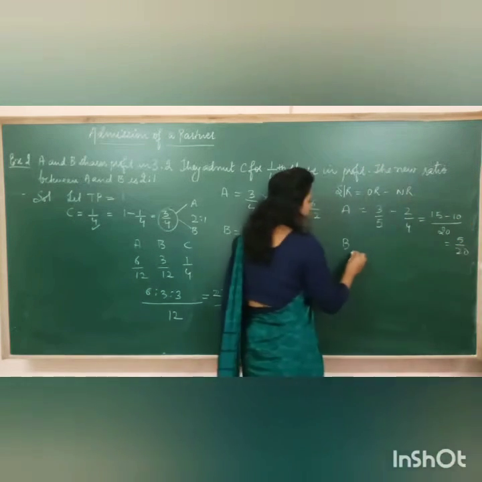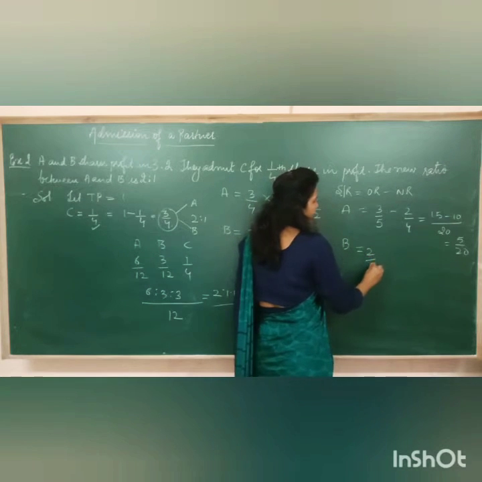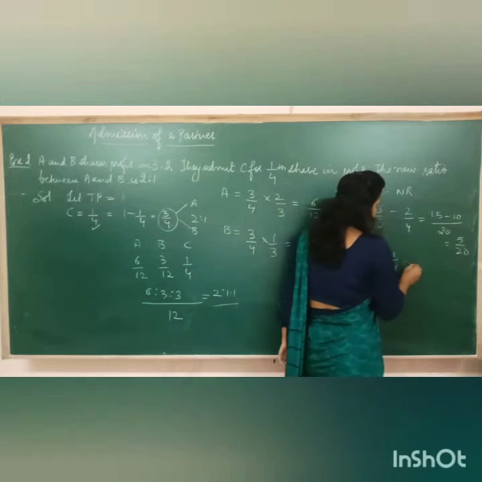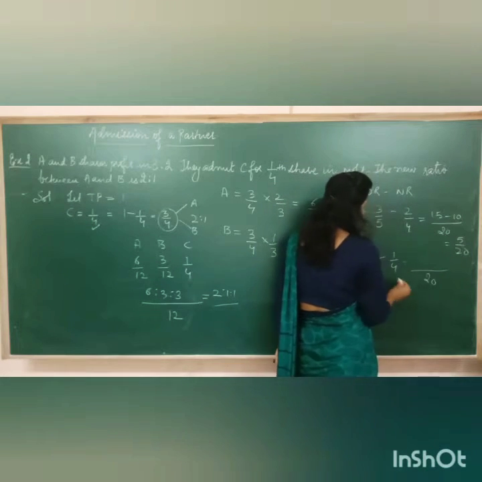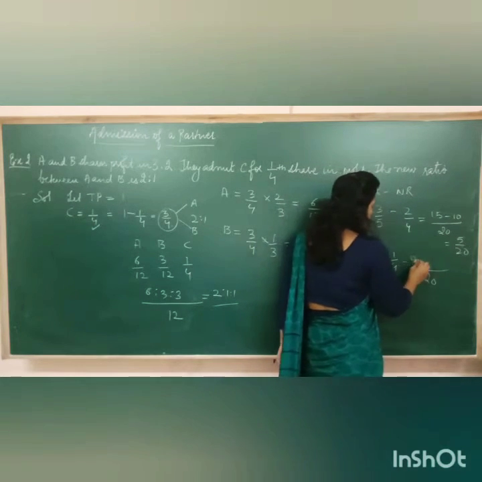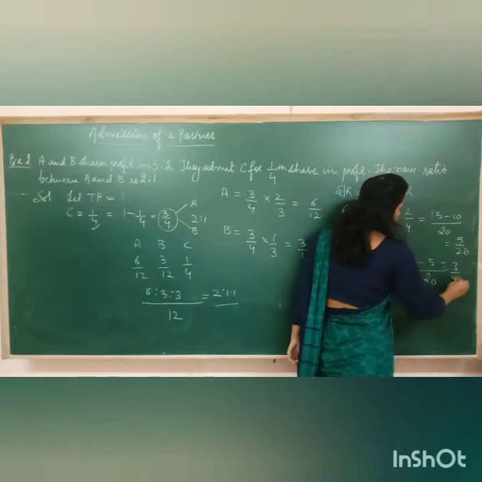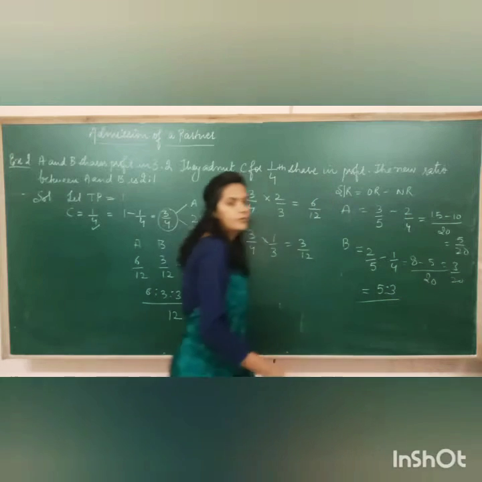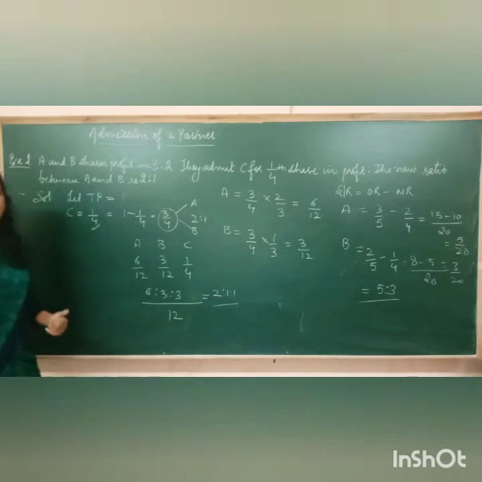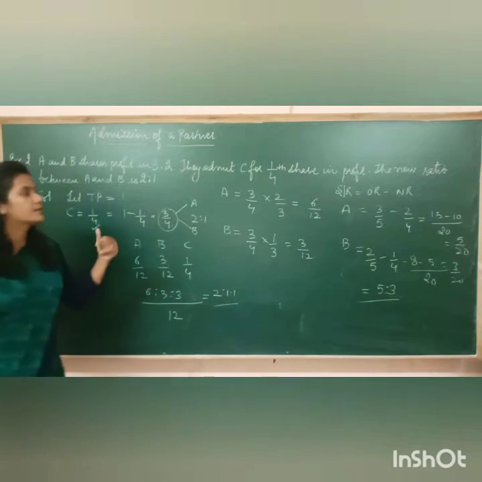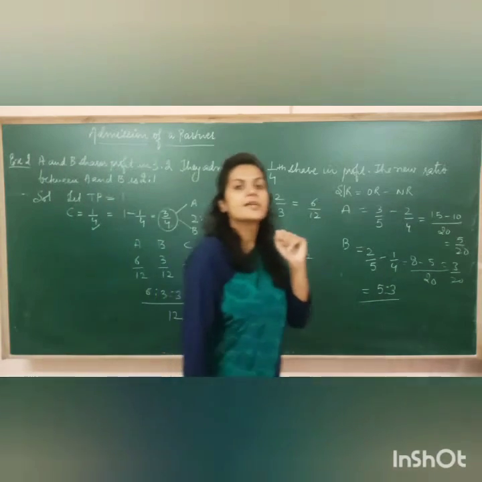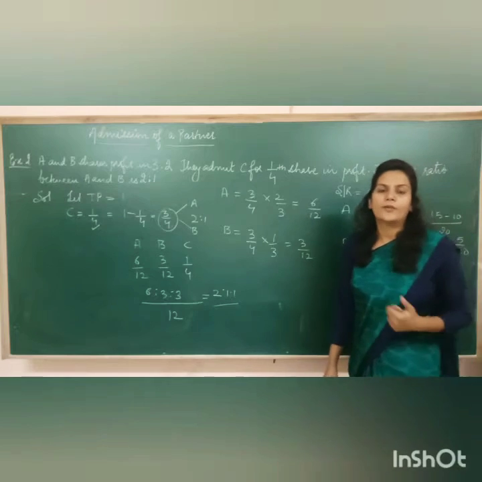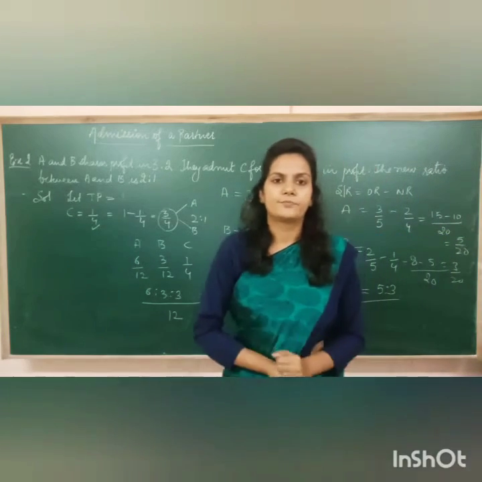And in the case of B, the old share is this and the new share is 1/4. Then again take the LCM. It will be 5/4, 20, 8 minus 5, 3/20. So here the sacrificing ratio comes to 5:3. I hope this point is clear to you. This is the case when the ratio is given to us in which the old partners are going to share the leftover profits.